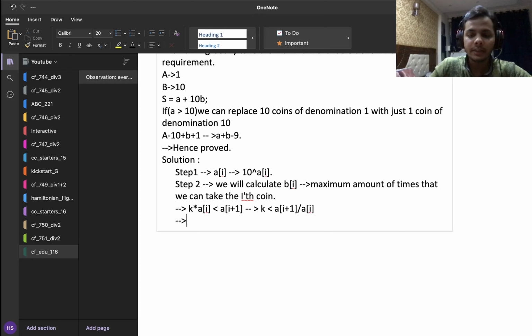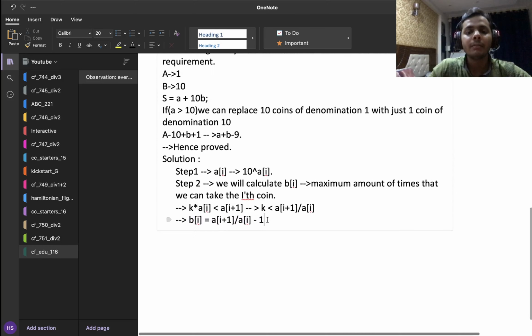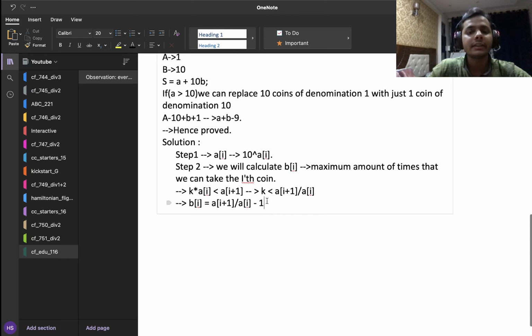So that just means that b of I is nothing but a of I plus 1 upon a of I minus 1. Because I can use the ith coin these many times, and once I use them at least these times, then the value will become equal to the I plus 1th denomination, and then I can just replace the ith denomination with I plus 1th, and that will help me in reducing my f of s, right?